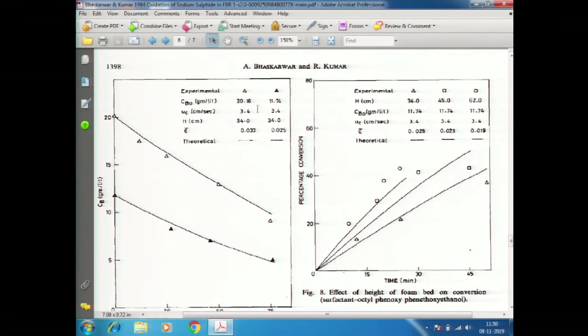So, if the flow rate is larger, the bubbles will tend to become larger, and therefore the specific area will go down. There are a lot of these interactions which happen with one variable changing. These factors affect differently. Liquid film will be thicker, it tends to sharpen the gradients. Bubbles will be larger, they tend to decrease the area. Time of contact will be shorter if the velocity is larger, and therefore there is less time for absorption. So altogether what will be the effect, only the model can tell us.